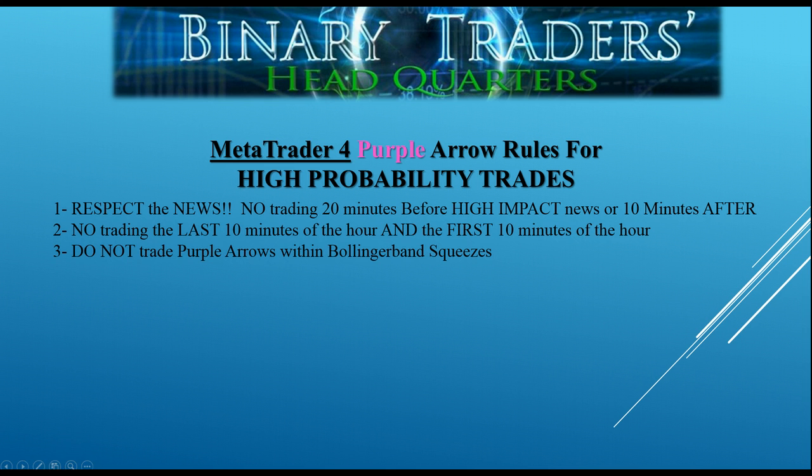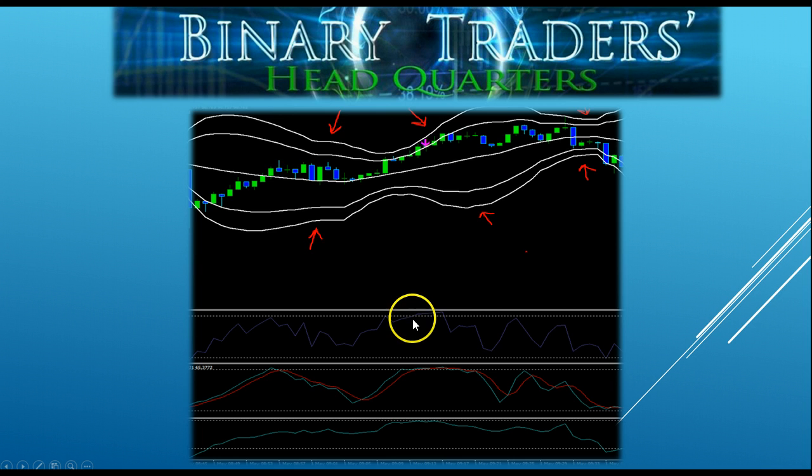All right, so again, we do not trade purple arrows within Bollinger Band squeezes. What is a Bollinger Band squeeze? So these white lines here, these are Bollinger Bands, and basically they just represent price action or price movement in the recent past, and they're really, really good indicators for keeping you out of bad trades. So they're going to let you know when your market is consolidating. They're going to let you know when the market is pushing in one direction or the other,